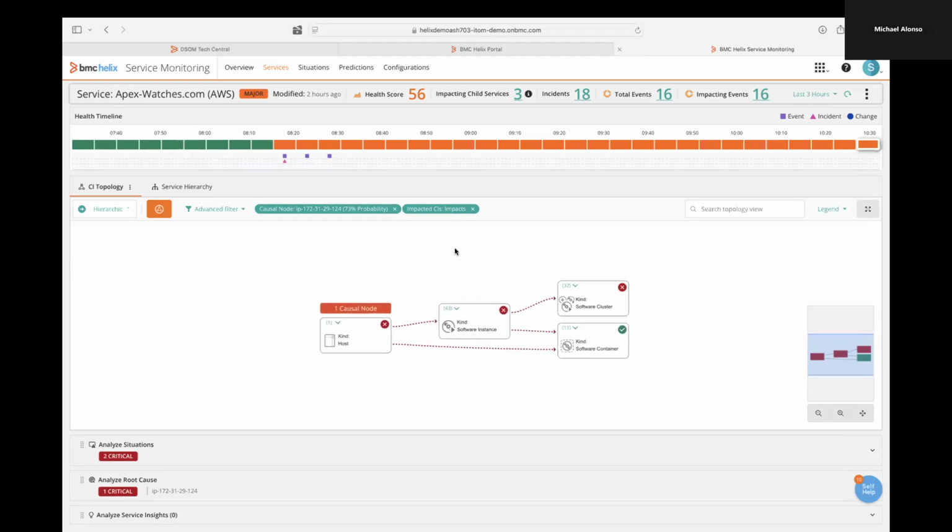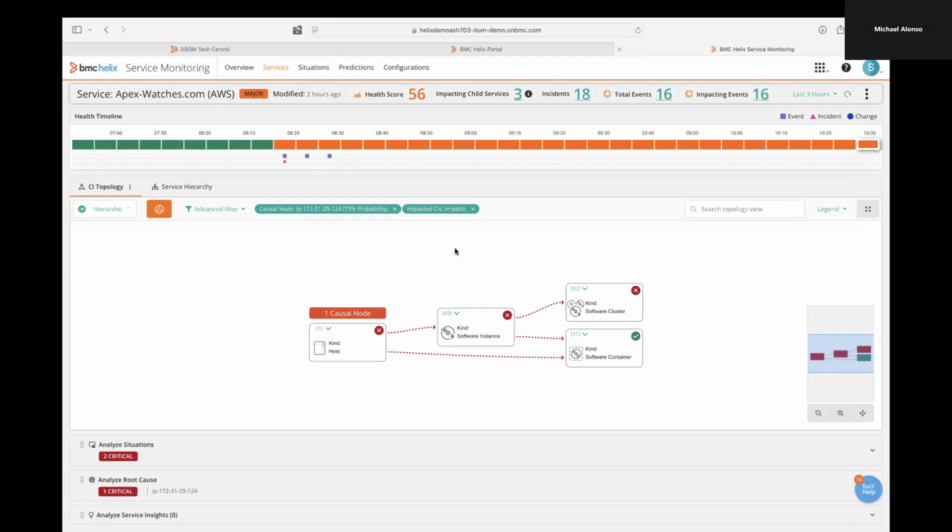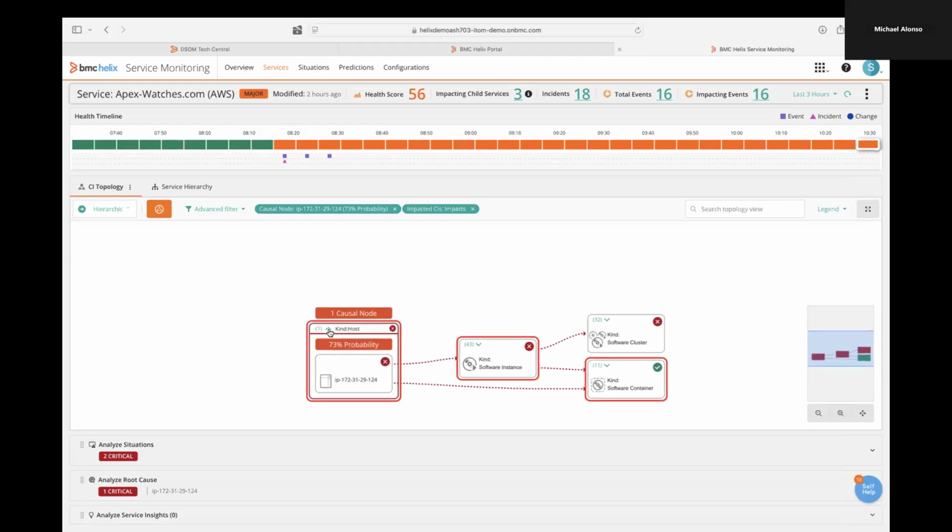Now, if we go down, here is the exact same model I showed you inside of BMC Discovery. And you're all probably wondering, that doesn't look anything like what you showed me. And you would be correct. The reason is AI has taken it in and put a set of filters in for us. It took that huge model and said, yeah, there's tons of stuff here, but this is what we need you to concentrate on. You can see I have a causal node here, and it's 73% probability. This is our causal node. And you can see some of the pieces that are associated with that.